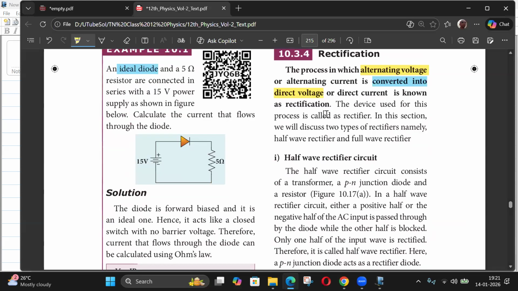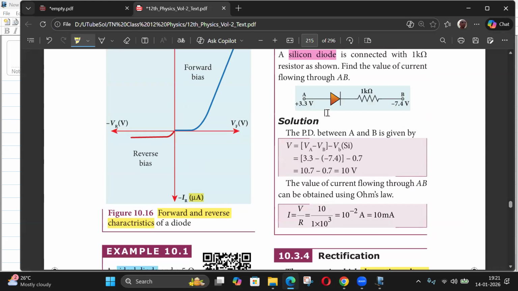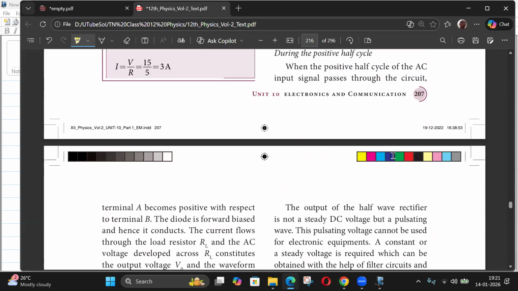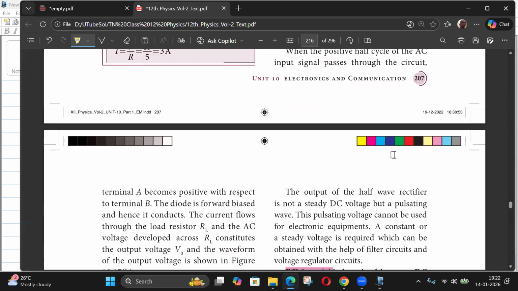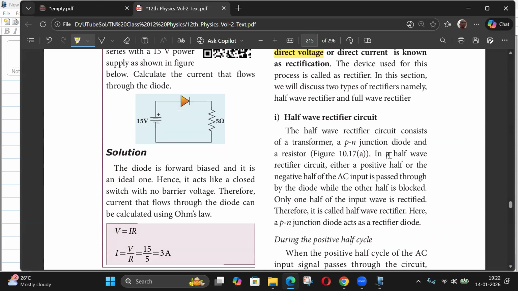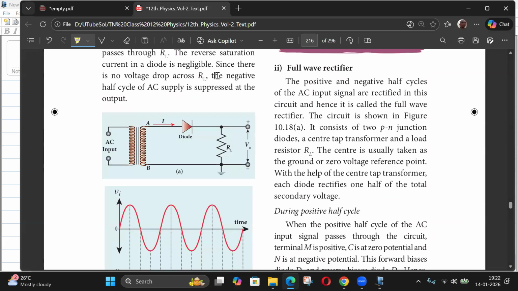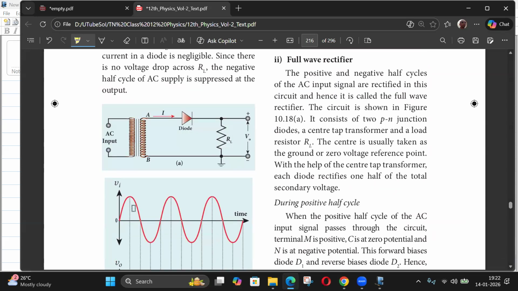So last time I stopped with rectification, because in the forward direction the current is high, milliamps. In the reverse direction the current is microamps. So when it is reverse biased, it's almost zero current if it's an ideal diode. Even if it's a normal diode, the reverse current is very small, so we can almost say it's zero current. So here, this AC input,